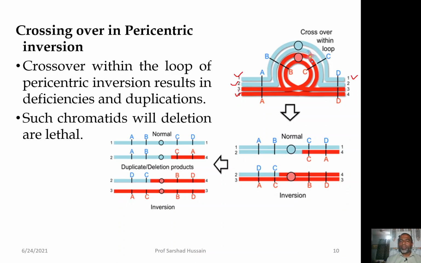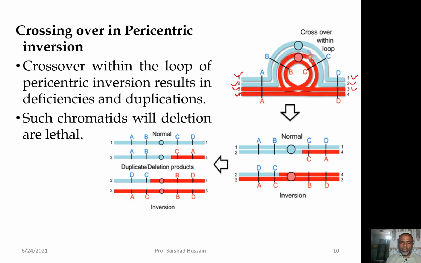And then this is the third, that we have seen that 3 is ending with 3, whereas look at this chromatid, it is again having blue D, then it is going to blue C, then coming to, because crossing over has taken place over there, after the centromere it will have the red B, then it will have the red D. So, this is the one which has started with the 2 and ended with the 4. So, 2 and 4 having blue D, blue C, red B, red D.